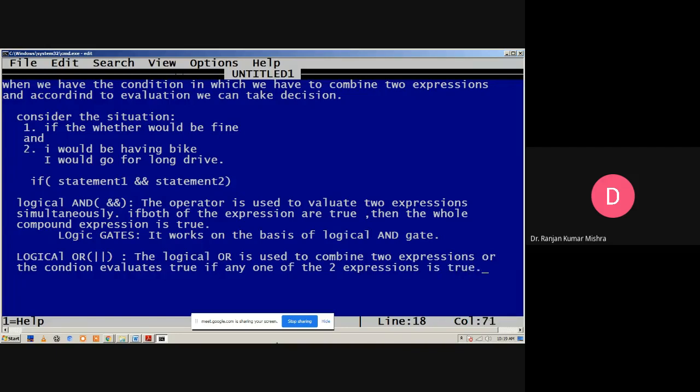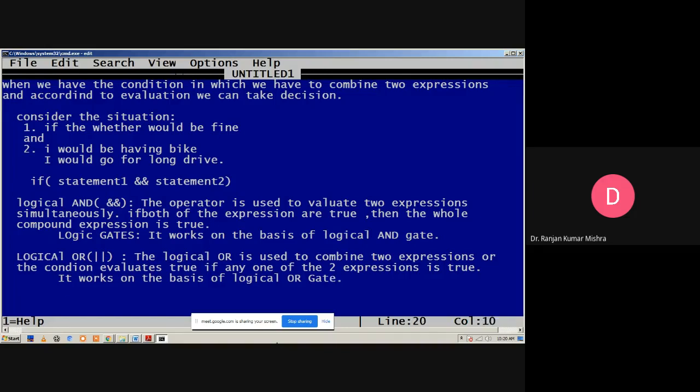Okay, so basically we can say that it works on the basis of the logical OR gate.